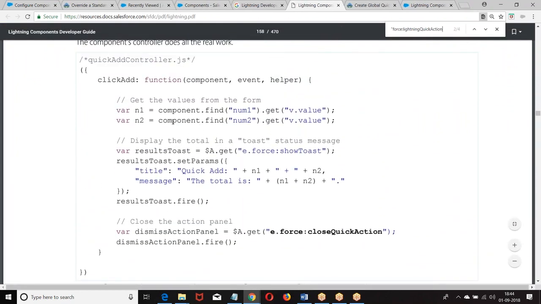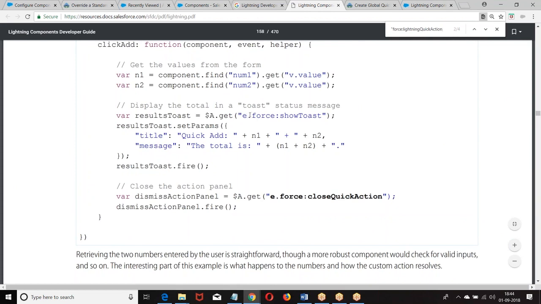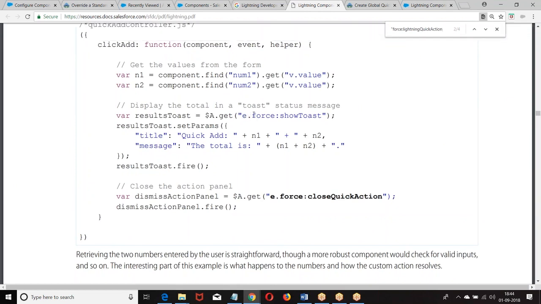Look at this, what we have here. E stands for event, standard events. Tell me one location where we have used this E. In what type of event handling? Application level event handling, where we gave E colon event name. So E colon force colon event name, E colon C, we have given here.